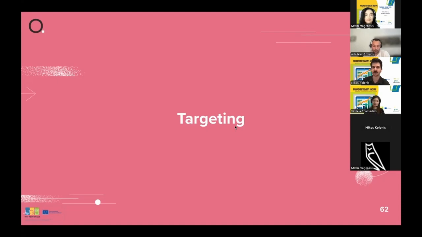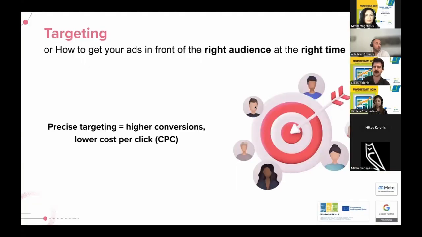But now let's move on to targeting, which is very important because you can have the most beautiful visuals, you can have the best text, the perfect ad, but if you don't show it to the right audience, it's not going to perform well. If you don't make sure it reaches the right audience, then it's not going to have the performance that you want. So let's explore some of the different targeting options that we have for both Google Ads and Meta Ads, so across the platforms.